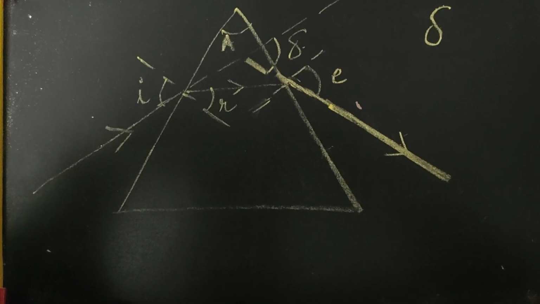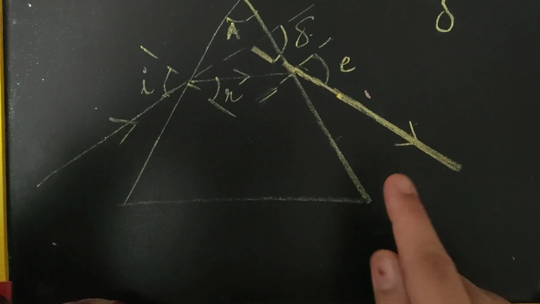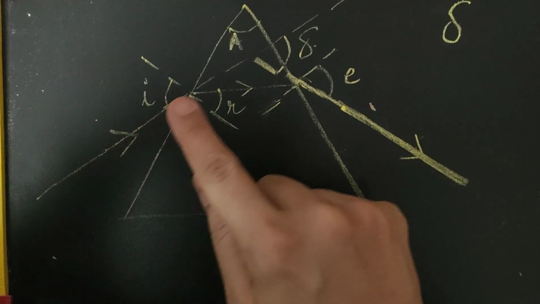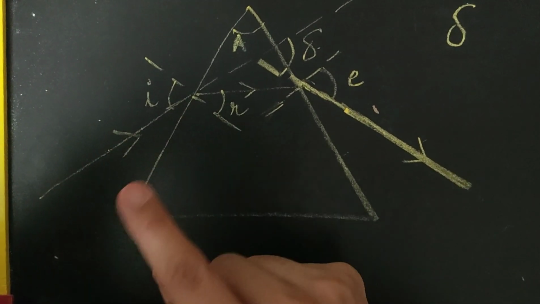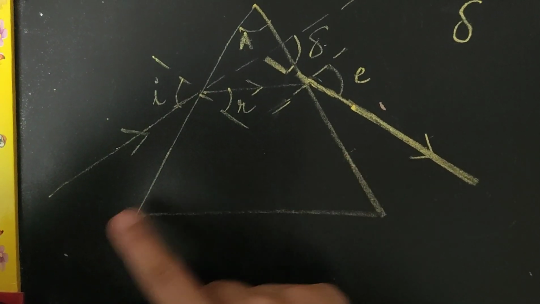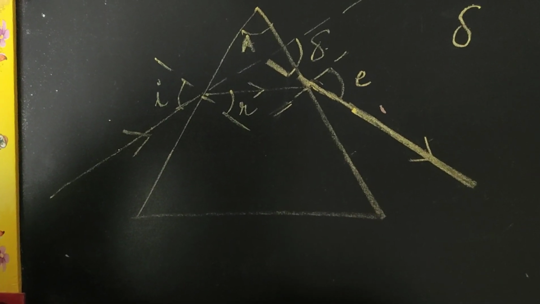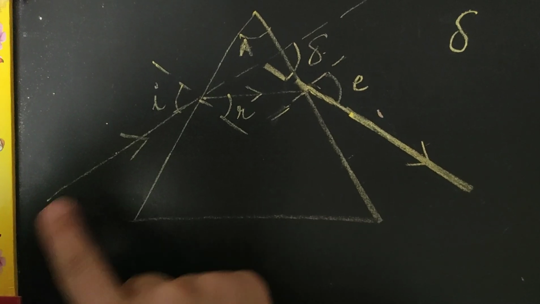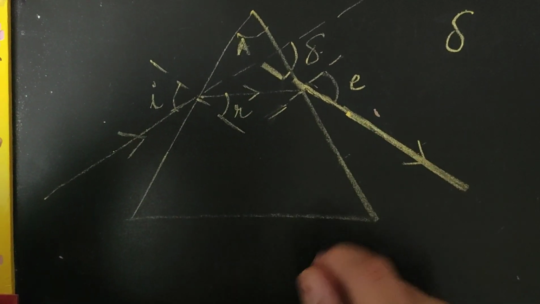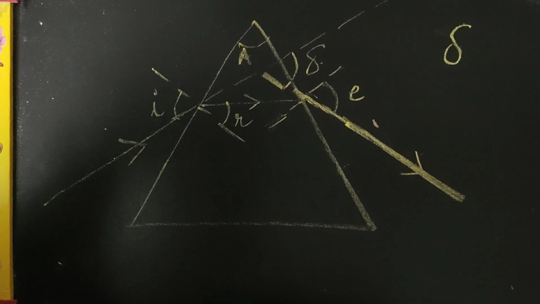Now remember, this is the diagram for the path of a ray of light passing through a glass prism. What if you are specified that this is white light incident on the prism? Remember the difference between the two statements? This is the diagram to show the path of a single ray of light through a glass prism. If I am asked to draw the path of light, to be specific, white light through a glass prism, it won't be the case. You will have to draw the diagram which you have already done in class 8th, that is dispersion of light. Next topic that we are going to discuss is dispersion of light by prism.